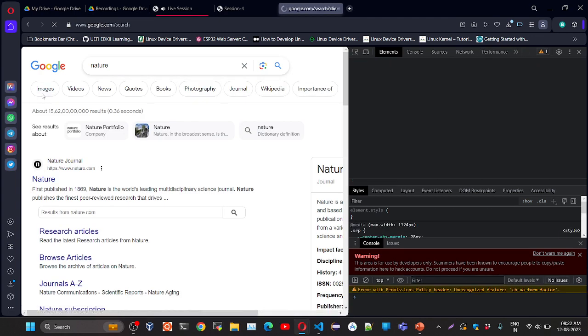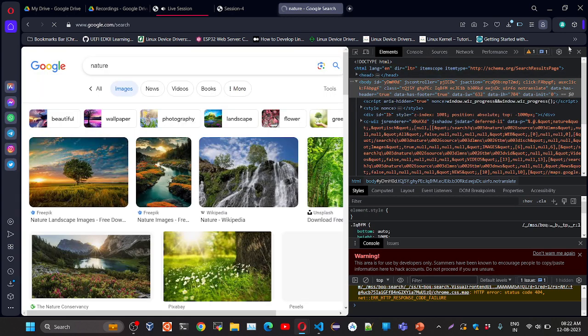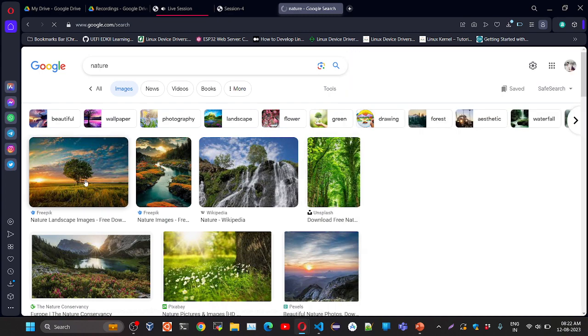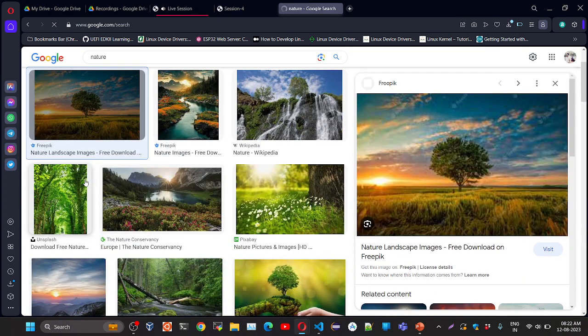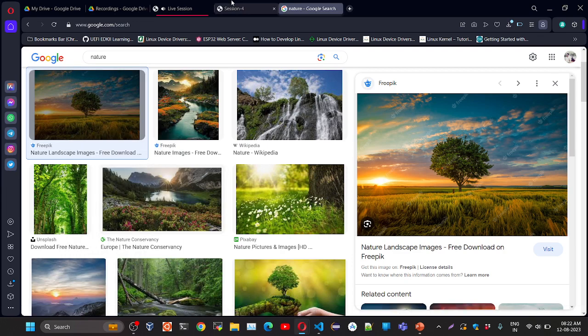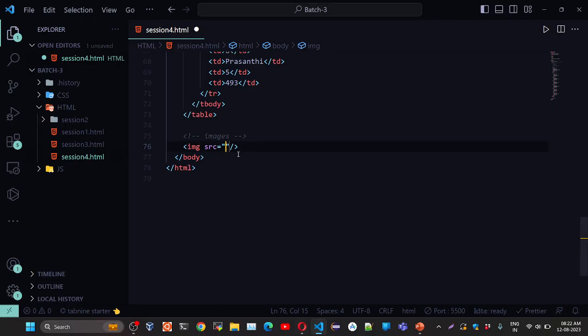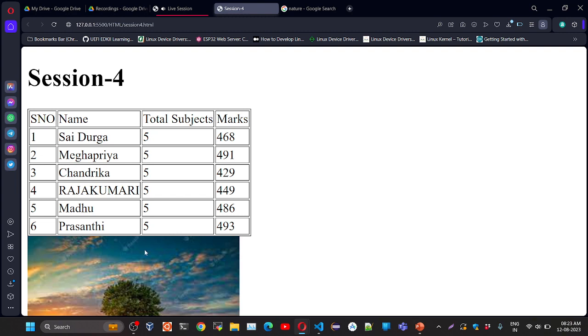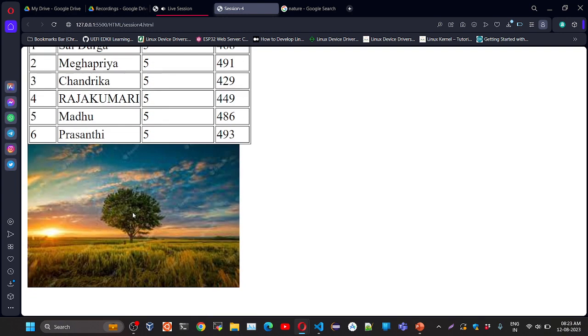Let's just search the images, and you can just close this. Okay, so what you need to do is right click on this and copy the link image address, then go to your place and paste it here. Now you can see the image came here. All right,